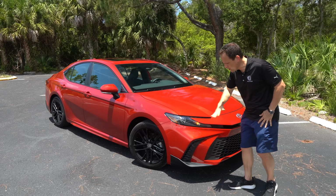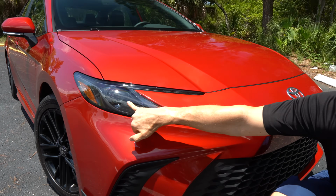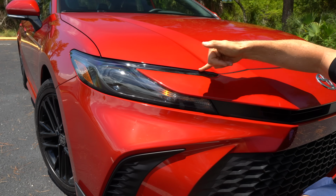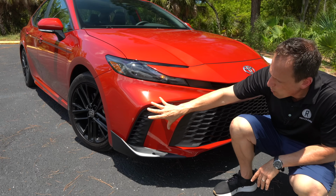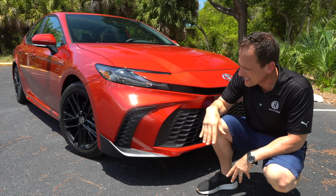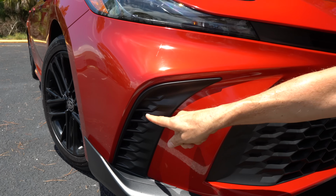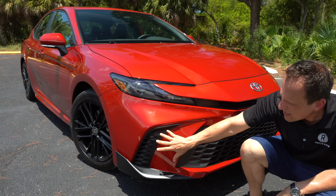Up front, you got the new style, right? We have our redesigned headlights, projector beam headlights. You have your turn signals built in, your LED daytime running lamps, and I like the way that they went with more of an aggressive style, even though the previous gen was pretty aggressive, even more so. And the fact that they brought functional corner air curtains,